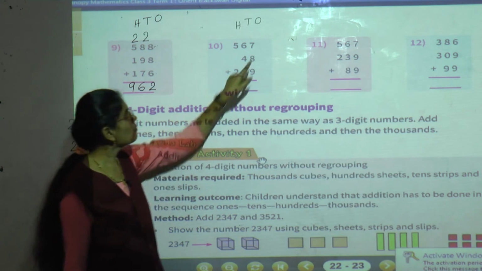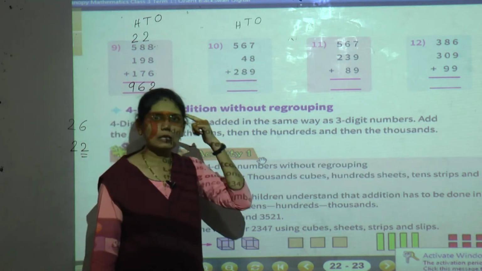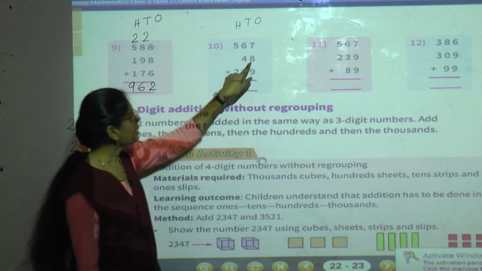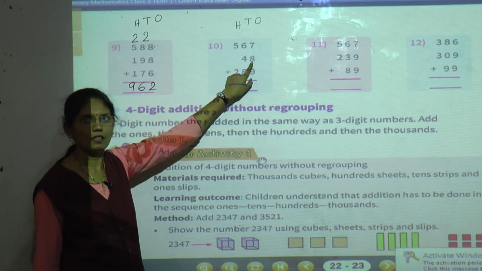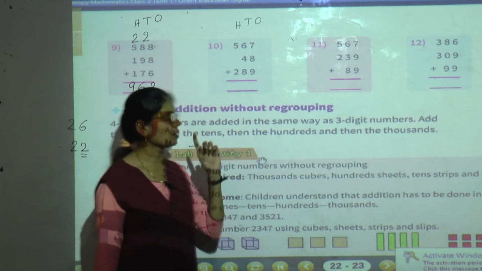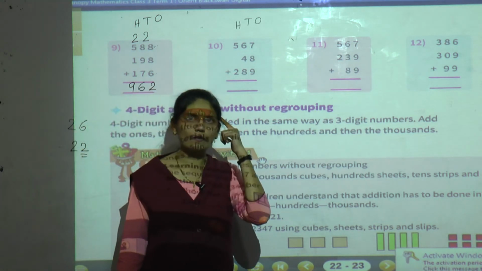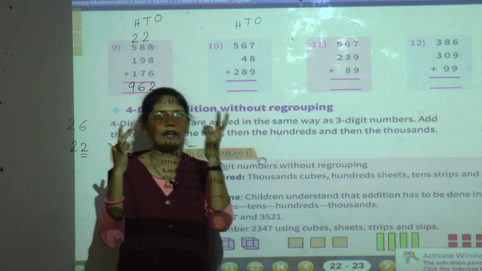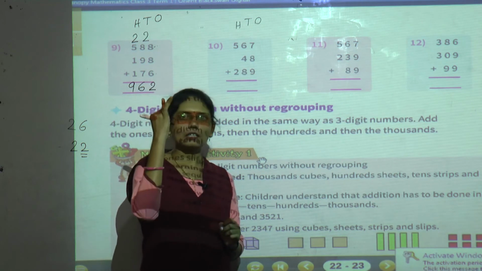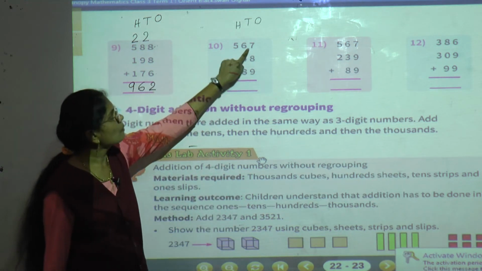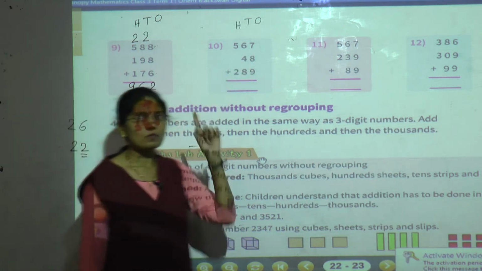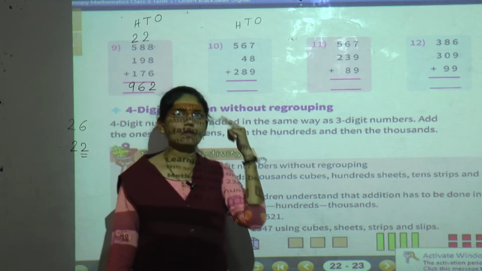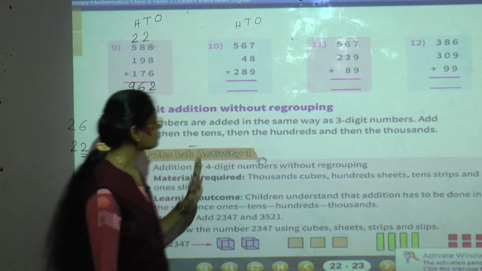Okay. So now first this 7 we will keep in our mind. Okay. Now which number is there next? 8 is there. So show your 8 fingers. Okay. Which number is there in our mind? 7. So after 7 count 8 fingers. Okay. 8, 9, 10, 11, 12, 13, 14, 15. So 7 plus 8, 15. Now see students, we got the number 15. So this 15 again we have to keep in our mind.